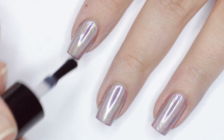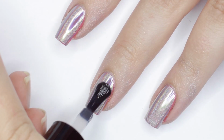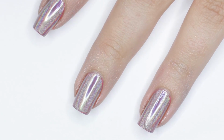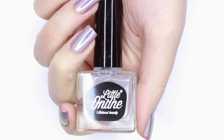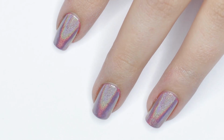Now for the most important part. Traditionally, you'd apply a gel top coat here to keep the holographic powder from losing its chrome-like finish, but you can also use a water-based clear polish. This is a peel-off water-based top coat from Little Ondine, but alternatively, you might could use other peel-off base coats